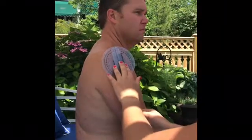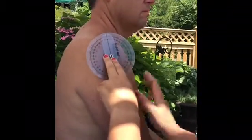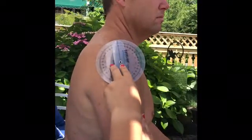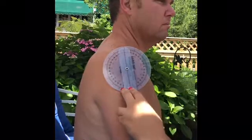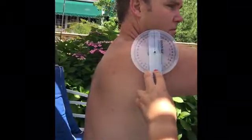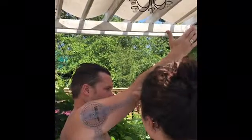All right, we're going to measure shoulder flexion right now. The axis is the lateral surface of the acromion process. The stable arm is mid-trunk, and the moving arm is midline to the humerus. Typical range of motion is 0 to 180 degrees. I'm going to have you stick your arm straight out with your thumb up, and then go all the way up as high as you possibly can. All right, so that is